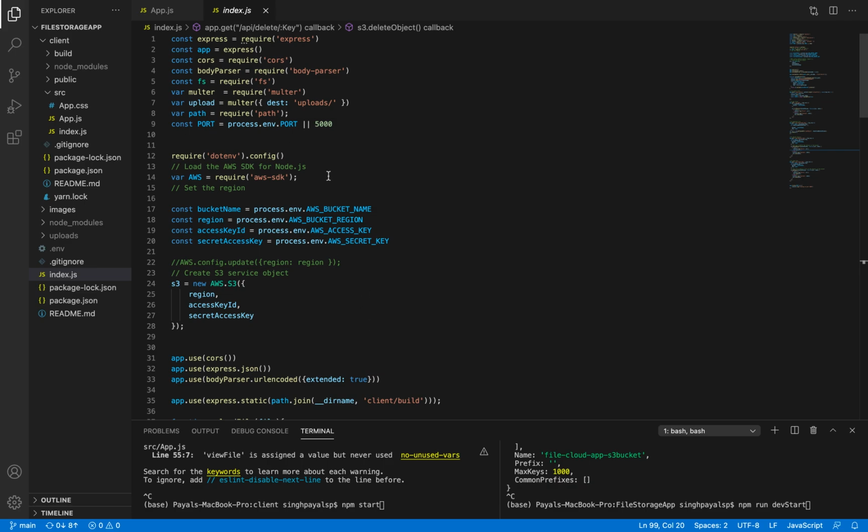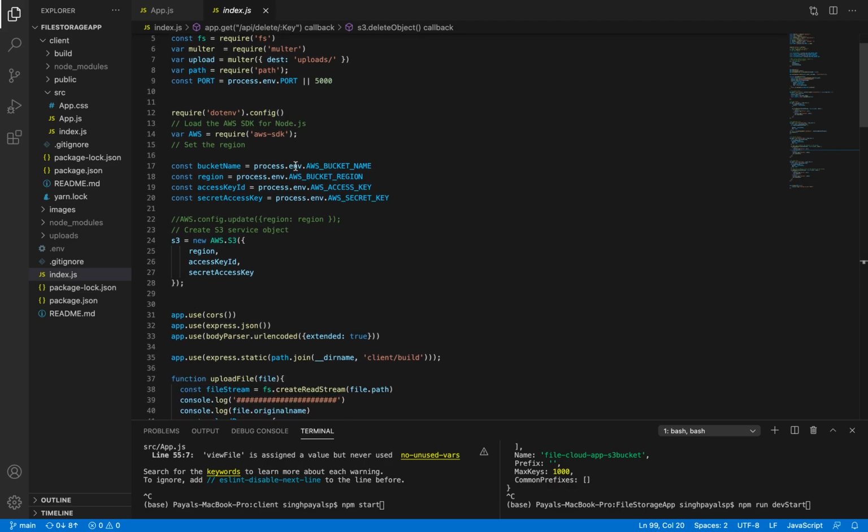In the server, first I have created all the dependencies, like requiring express, and then I have used cors, body parser, multer, uploads, path and so on. I will explain these things later on.